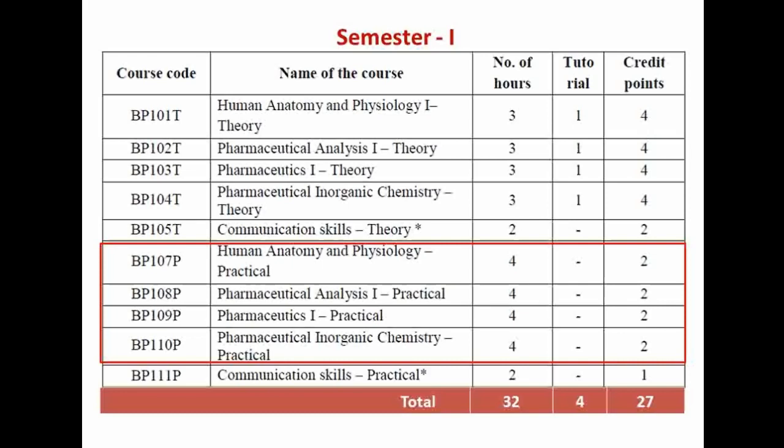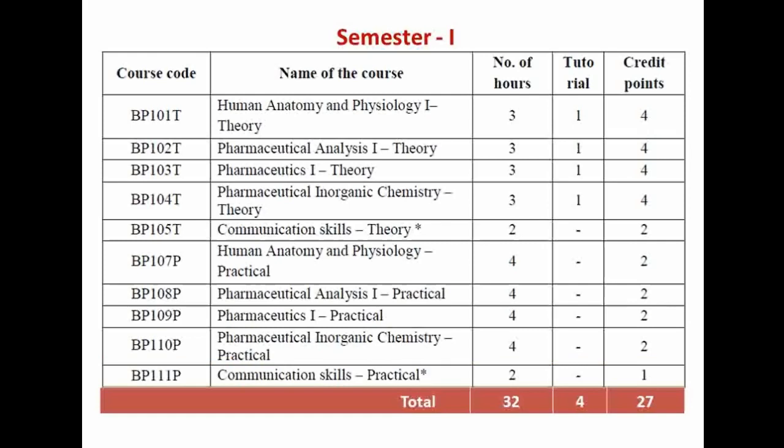Next is the communication skill, which is a non-university subject. Number of hours allotted are 2. Tutorial hours are not assigned. So total hours becomes 2, which is multiplied with 1 by 2. So you will get the credit point 1. So in this way, you have to calculate the credit points for each and every subject present in your semester. And by adding all these credit points, you will get the total credit points for that particular semester. So these are the compulsory subjects for first year B Pharmacy student, and the credit point for all these compulsory subject of your semester 1 are